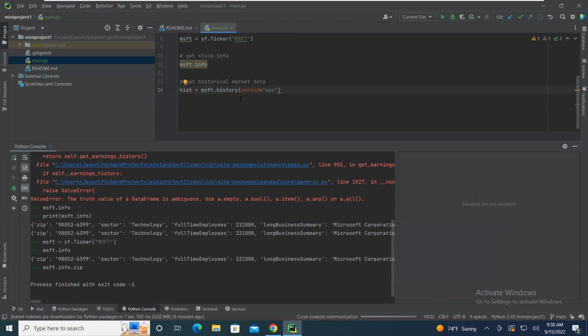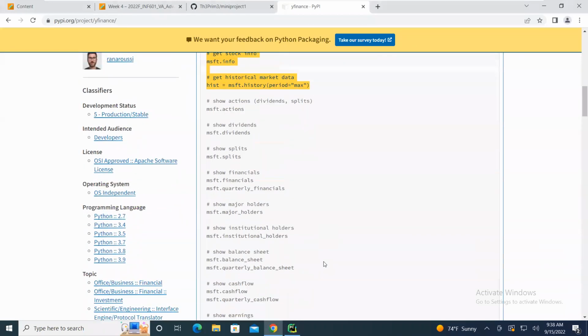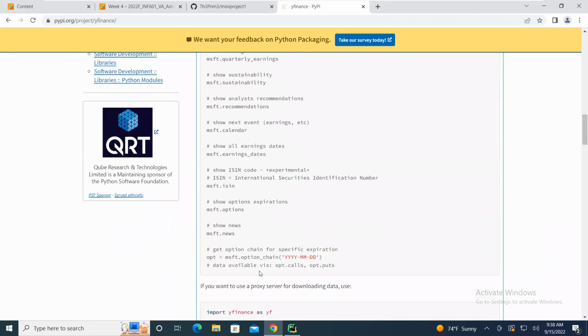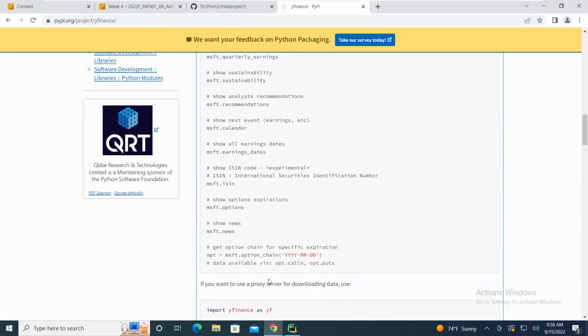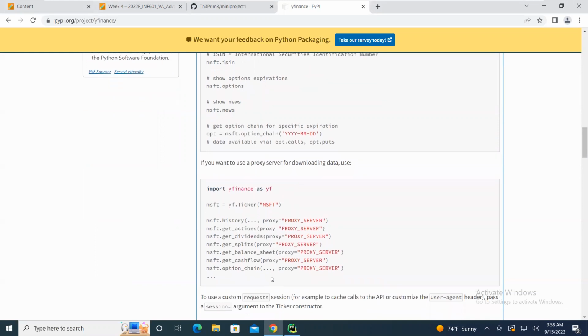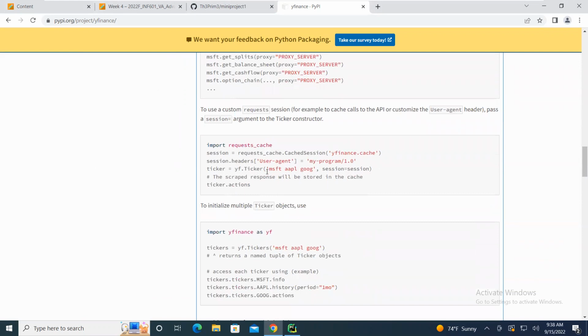So up here at the top, what we know we want to get is a history of that historical market data. If we come back here, you can see all the different things that you can grab. So we can grab the statements, we can see what the earnings are, the option chain for that. You could use a proxy server if you want to pull that down. So you'll notice that there's a bunch of information that you can get out of here